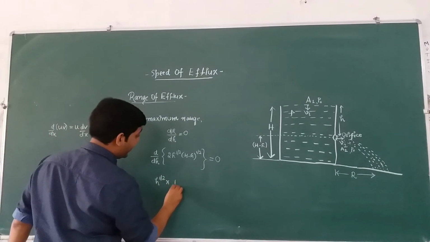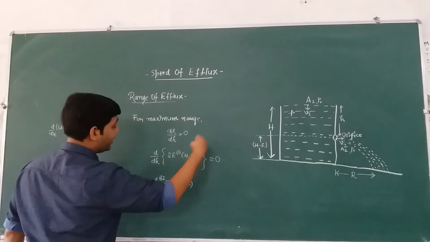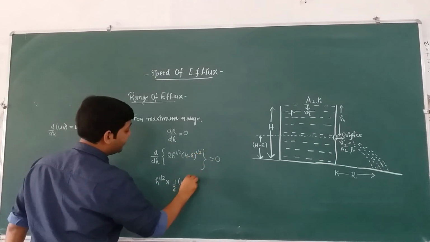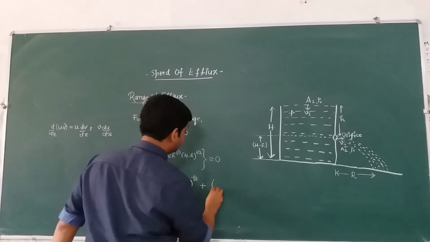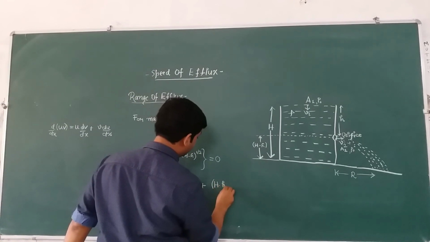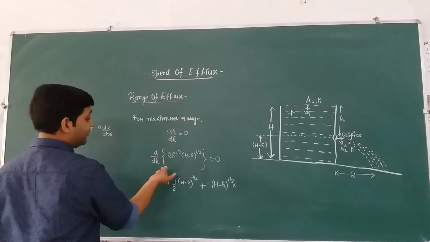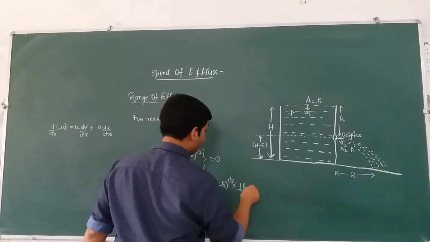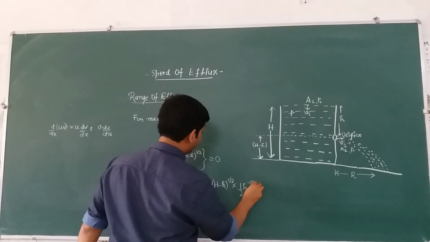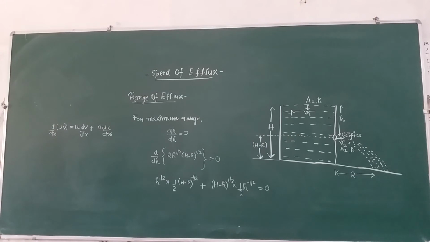So we have n x to the power n minus 1. N minus 1, that means half minus 1 will become minus half. Then plus second function h minus h to the power half, second function into differentiation of first function. This is the first function of the form x to the power n again. So the differentiation will be half h to the power half minus 1, that is minus half, is equal to 0. I hope this is clear to everyone, right?